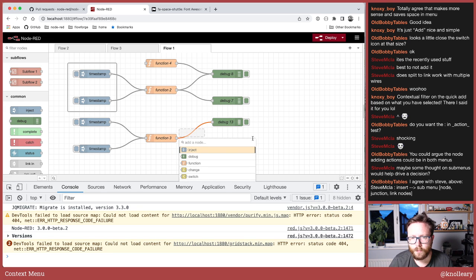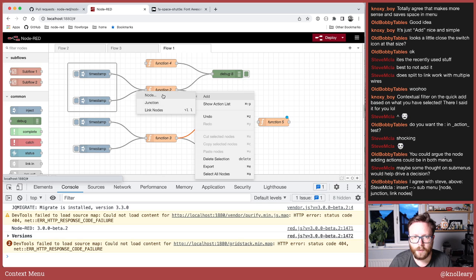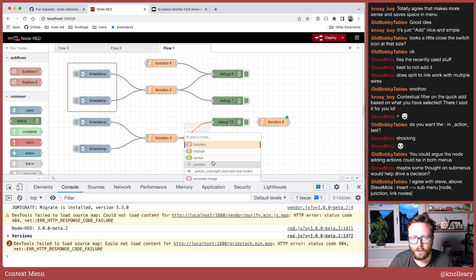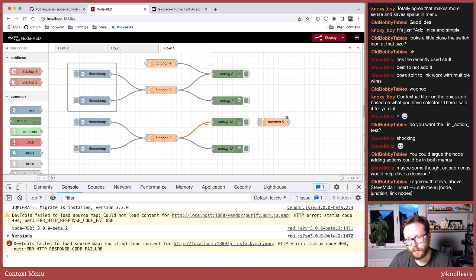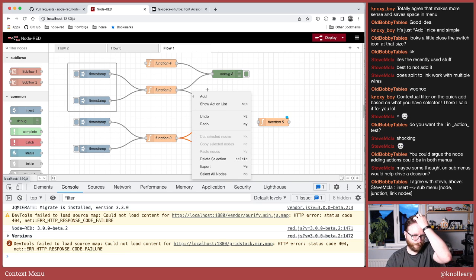Yeah. Add node function, and that's just dumped in there. If I just select a wire, select add node, then yeah, that works. Okay, we've got two options now, two different approaches. I don't think it would be right to take both. It's either we do the submenu approach,